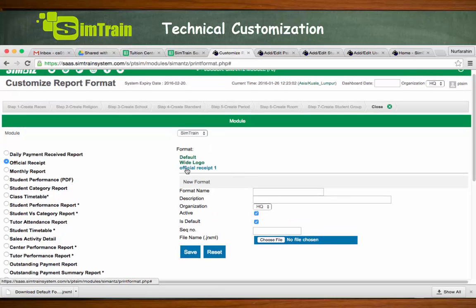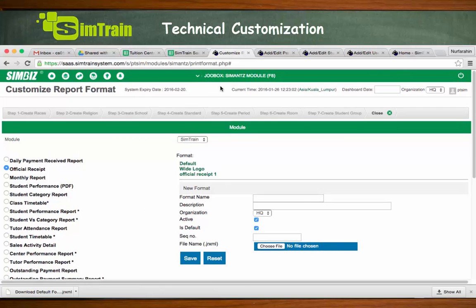Okay, as you can see, the customized receipt is now listed under format, which means that I have successfully uploaded the customized receipt. So now the next step is to do the setting so that the receipt printed will be in official receipt 1 format. So go to Jukebox